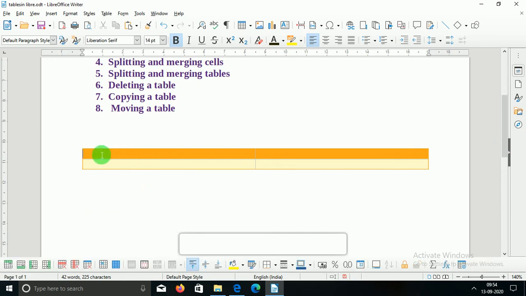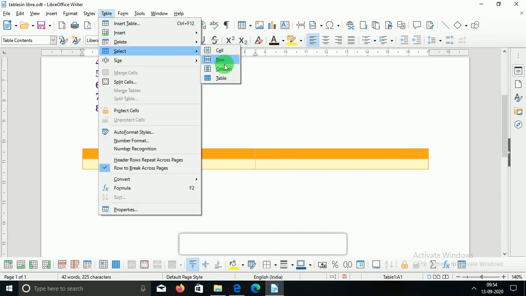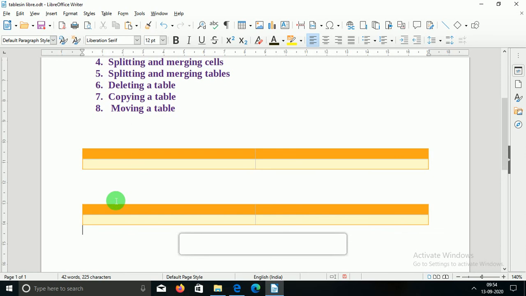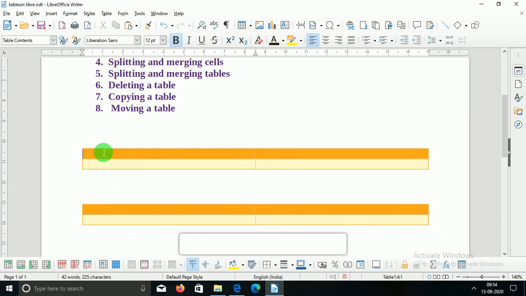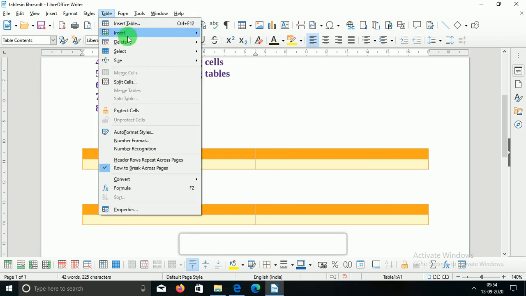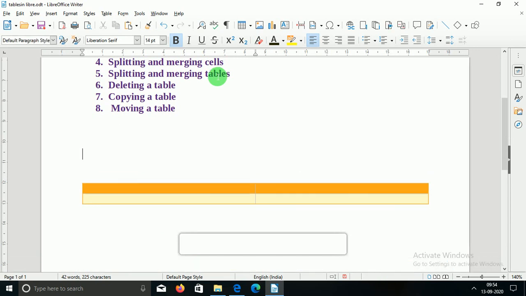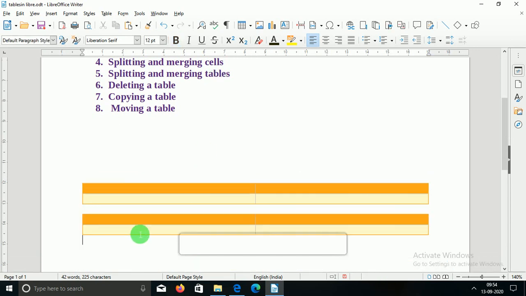If you want to copy this table, then just select this table, okay, and then press Ctrl C to copy and Ctrl V to paste. And if you want to move this table, not copy, then again select this table and just press Cut or Ctrl X here to cut it and Ctrl V to paste it.